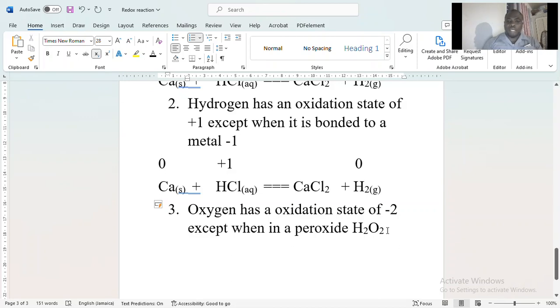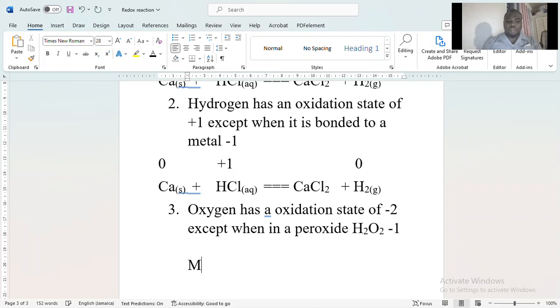Hydrogen peroxide, and when that happens, it's actually a -1. So do we see any oxygen? No, we're not able to use that rule with this equation. But if there was an oxygen, we can. So here,